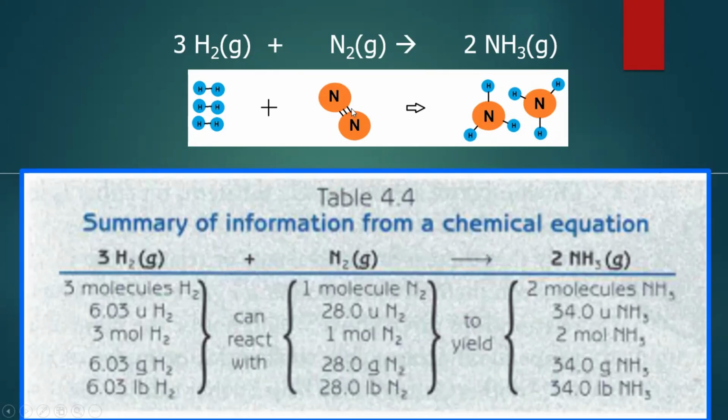And the molar mass of nitrogen gas would be, each one of the nitrogens is 14 grams. So 2 of them would be 28 grams of nitrogen gas, yields 2 moles of ammonia gas. And if you add up the sum of 2 nitrogens and 6 hydrogens, you'd get 34 grams of